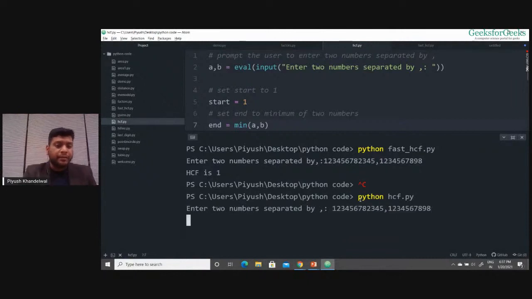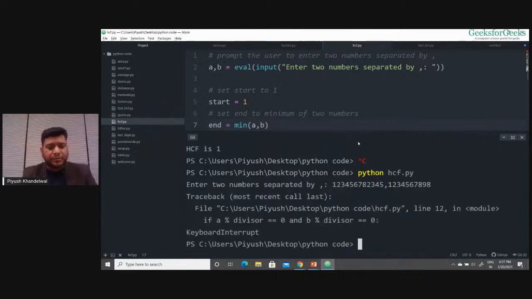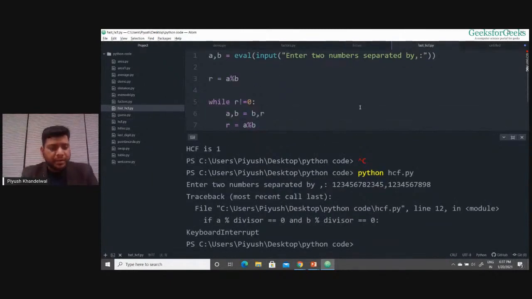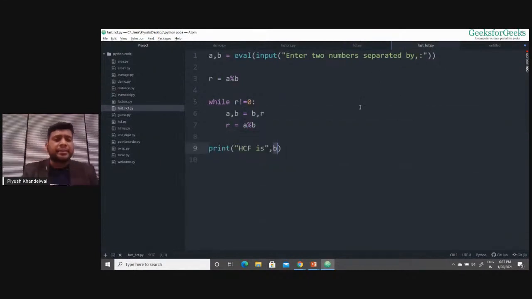The program will hang. The previous logic is still hanging, right? It's not giving me a result. But the new program gave me the result very instantly because this magic machine is very fast. So you have written a program to compute fast HCF.